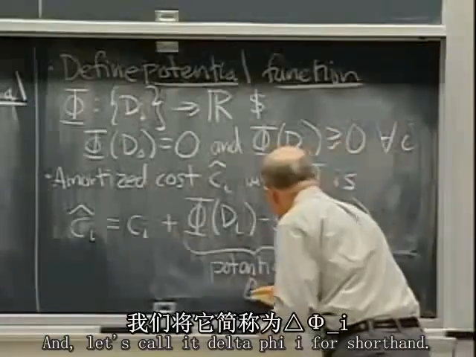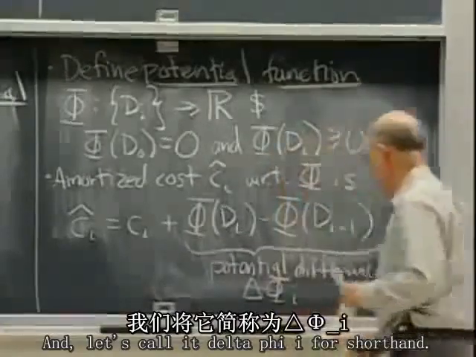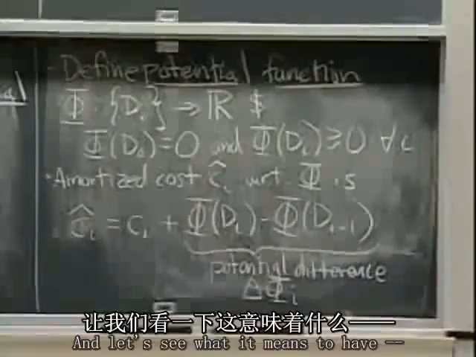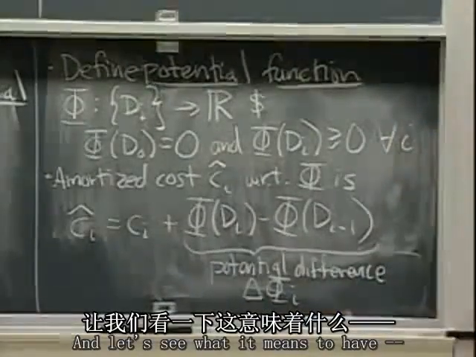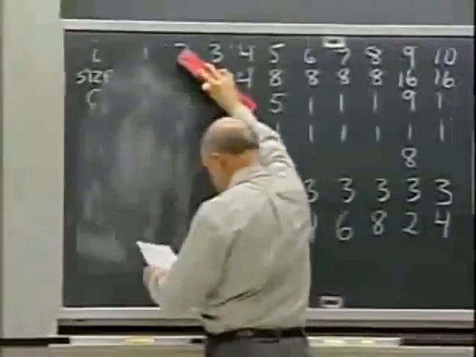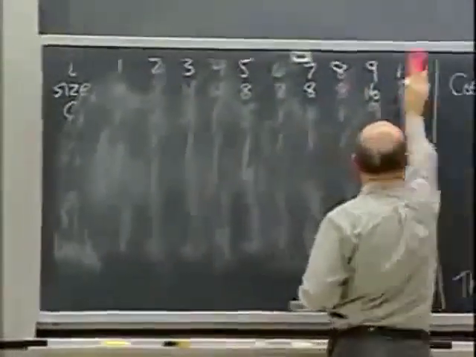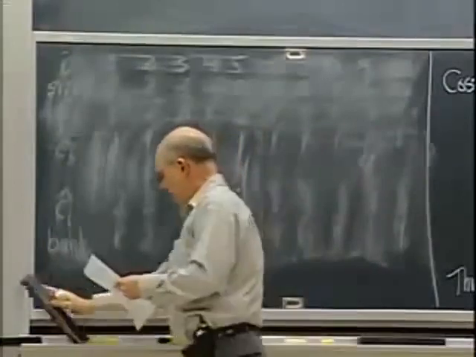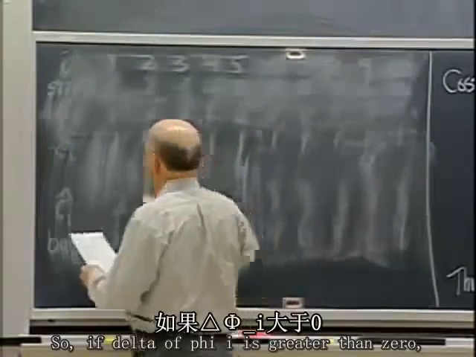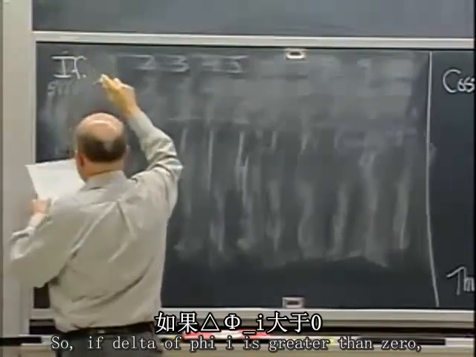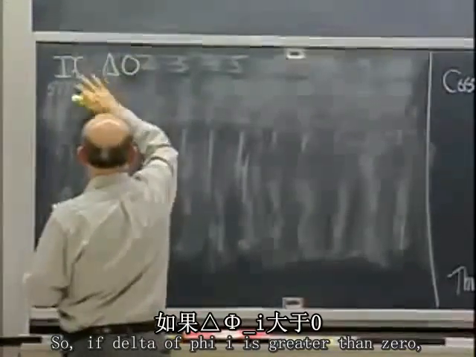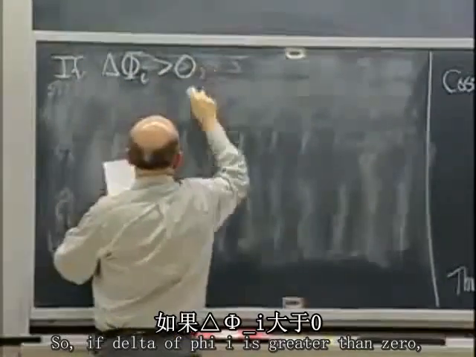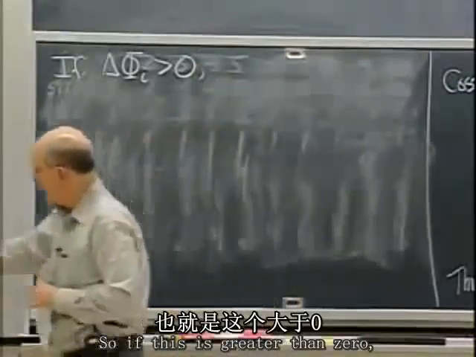And let's call it delta phi I for a shorthand. Okay? And let's see what it means to have this in the different circumstances. So if delta of phi I is greater than 0, okay, so if this is greater than 0,